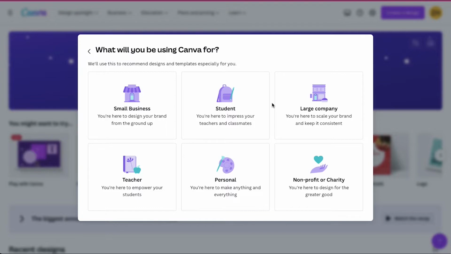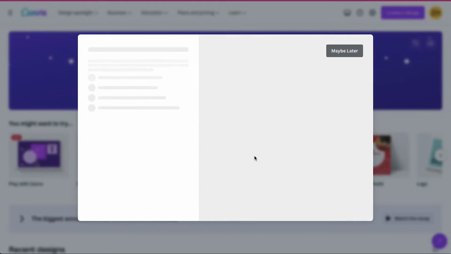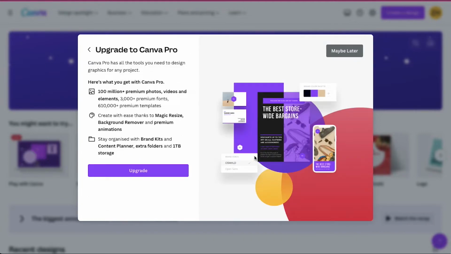You can select between small business, student, large company, teacher, personal, and lastly, non-profit or charity. Here we are continuing with the personal option. Now in the next step, you will be asked to upgrade to Canva Pro. Here are some highlights of what you will get in Canva Pro. If you want to upgrade your membership plan, then you can use this upgrade button or else click on the